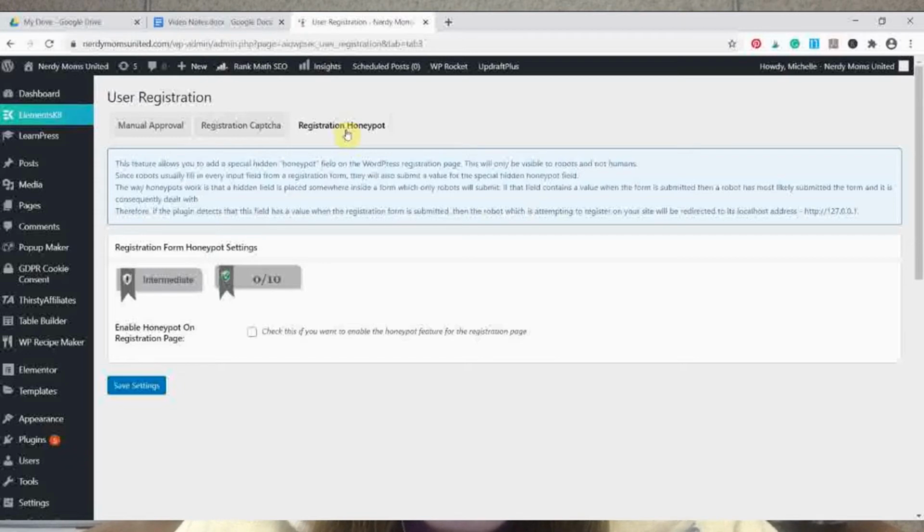I don't have a registration page on my site, so this really doesn't apply to what I'm doing, because I don't have that page set up. If I was running a site with a registration page, then I would definitely need to turn on this setting to keep bots and hackers out of my site. So next,